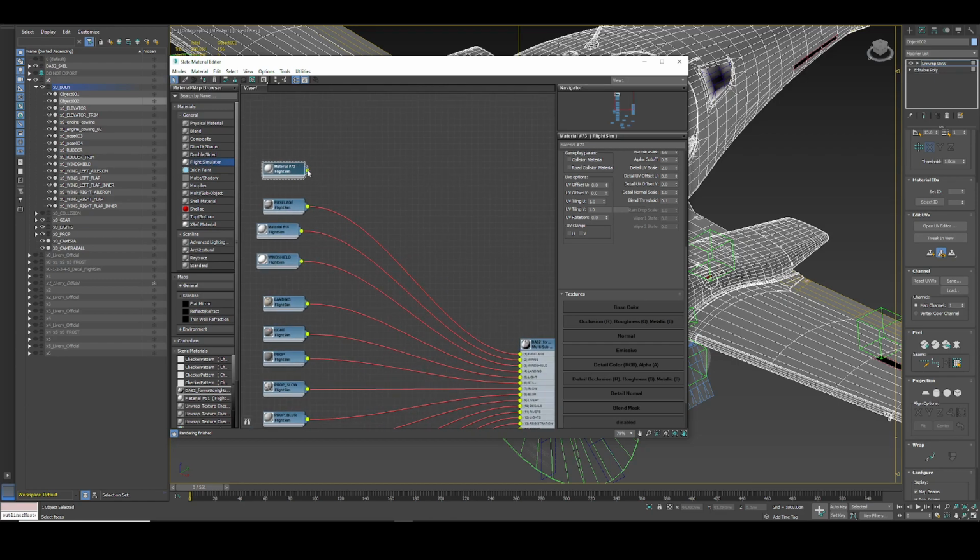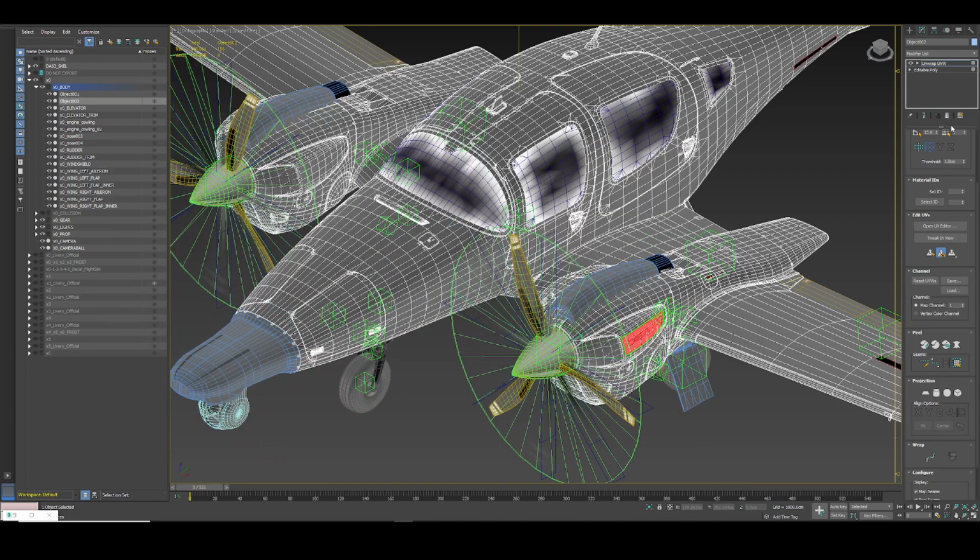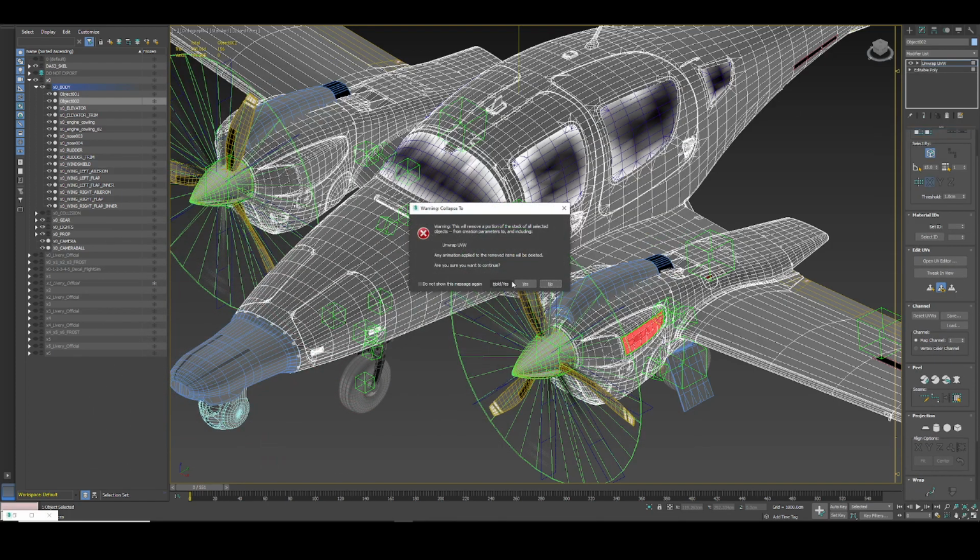Go ahead, break this off, and tie this in as a new material to that number. And quick recap, what that number is, if I collapse this,